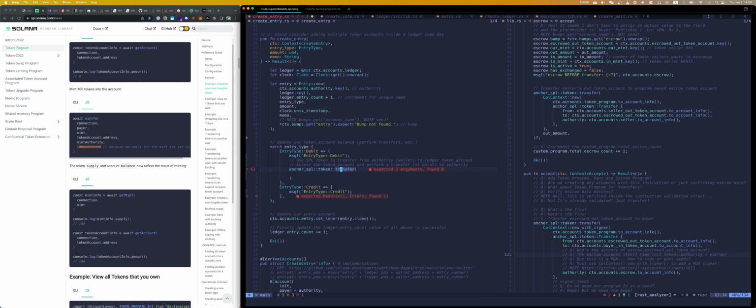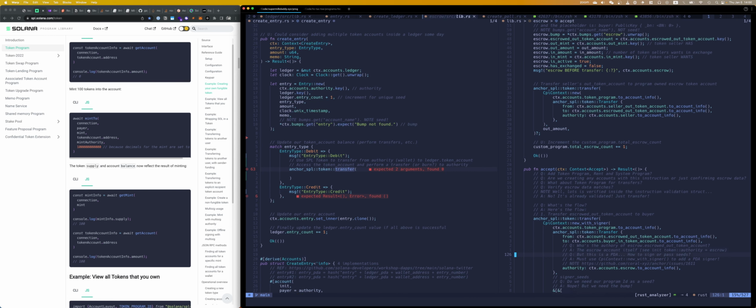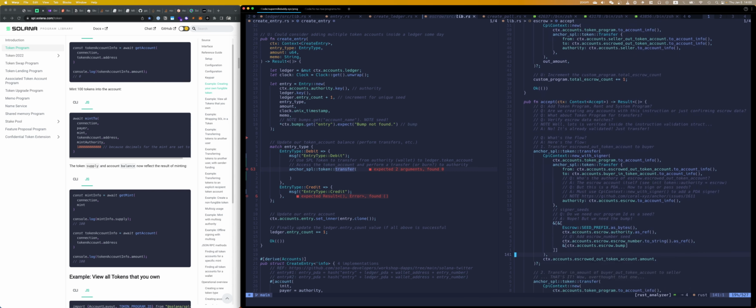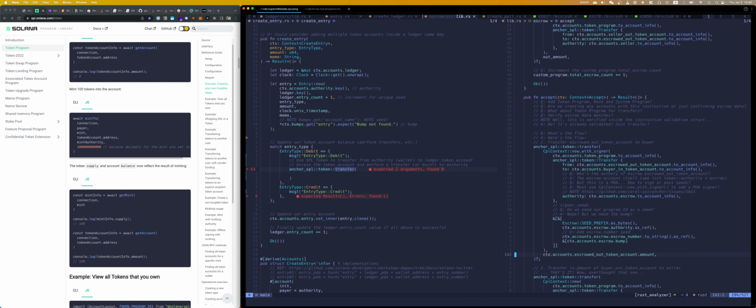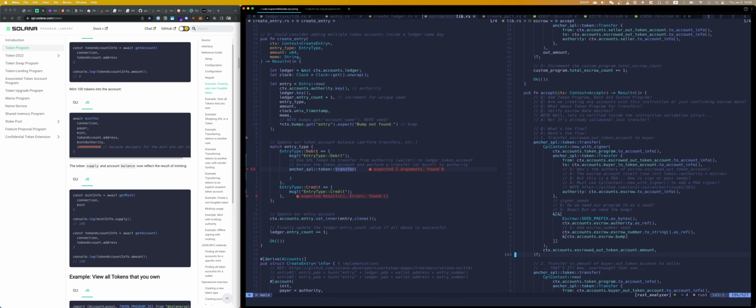It has a public key, but that's all it has. And so in order to do that, you have to do this kind of signer with seeds. And I do that right here in the accept. So in this case, it's going to look something like this,